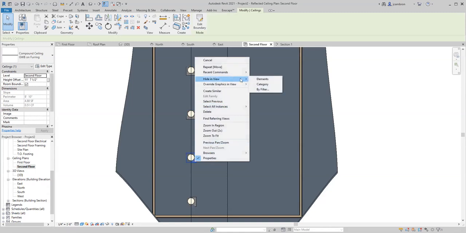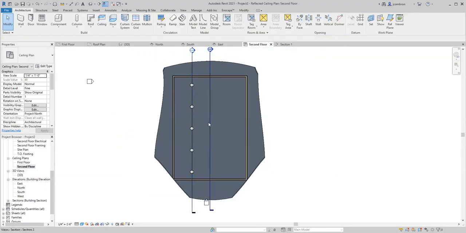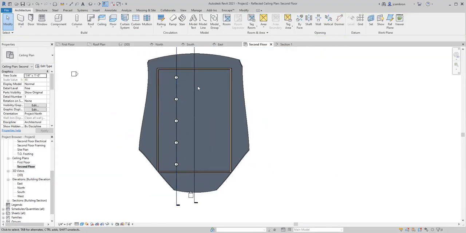Right-click, hide in view. And this is a situation where I would actually hide in view category. And that's going to hide all of my ceilings. There we go. Okay. Now, I would recommend that you add all of your ceiling lights and you go through this process